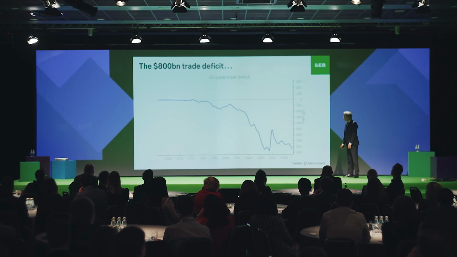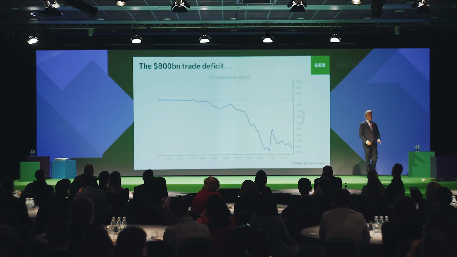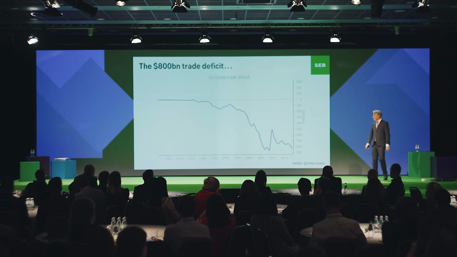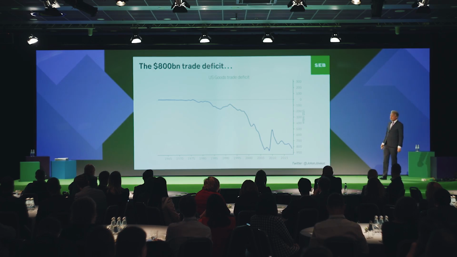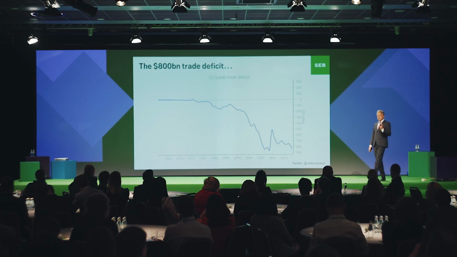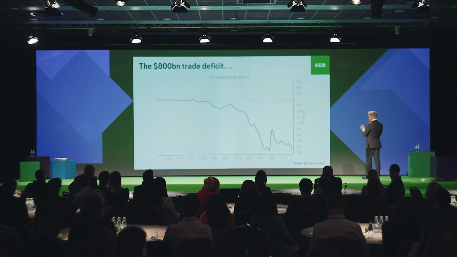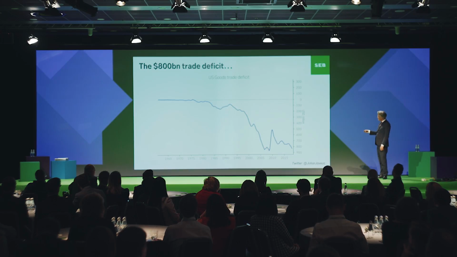This is the US trade deficit, and we're not talking about overall trade, we're talking about trade in goods, things you can touch. It's more than $800 billion on an annual basis now, and Donald Trump has made it his promise to the voters that he will actually turn this around. So, do you think he's going to be successful?